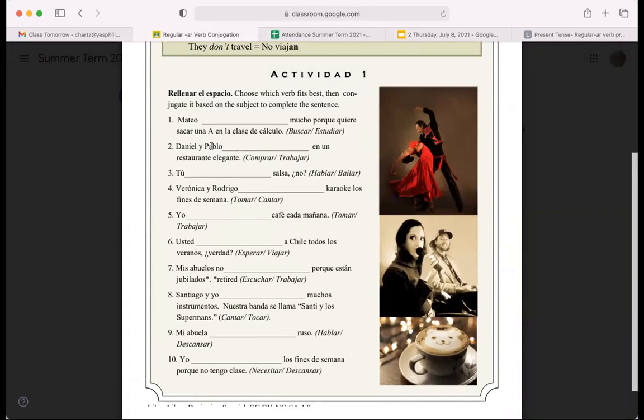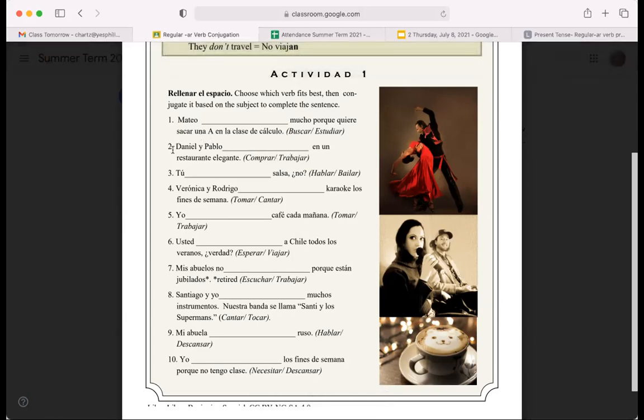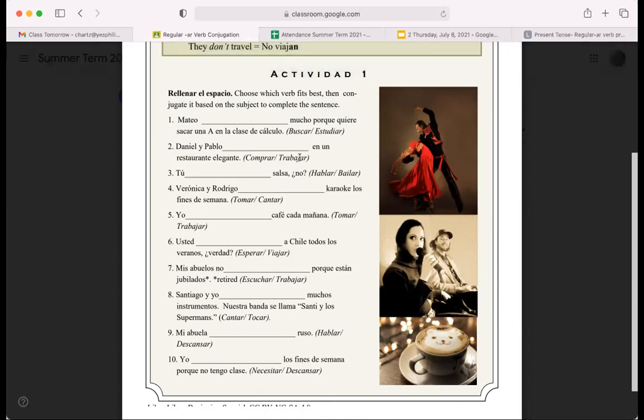What do you think? I say to work. Yeah, so it's going to be trabajar. So Daniel and Pablo are the subjects of your sentence. They're the ones that are doing the work. I think you just came in, but that's okay. So obviously you're gonna take the AR off like we've been practicing, and you're gonna be left with the